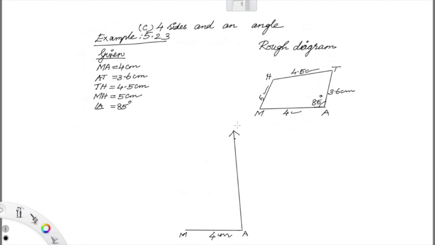Right. And now take your compass, measure 3.6 centimeter in your compass. Place it at A. And now cut an arc. You name it as T. And now find the vertex H. So now you take 5 centimeter in your compass, place it at M and cut an arc. And now take 4.5 centimeter, place your compass at T. Yes, that point of intersection is H. And now join them. Write the measurements down.